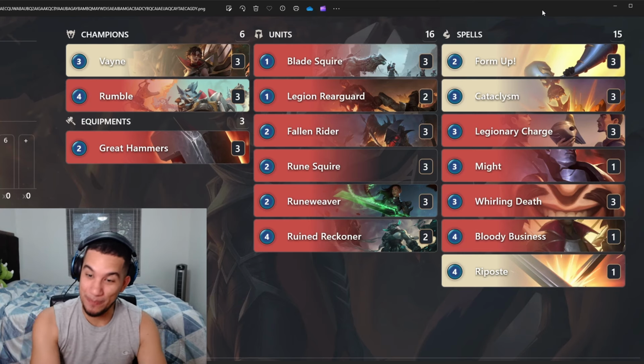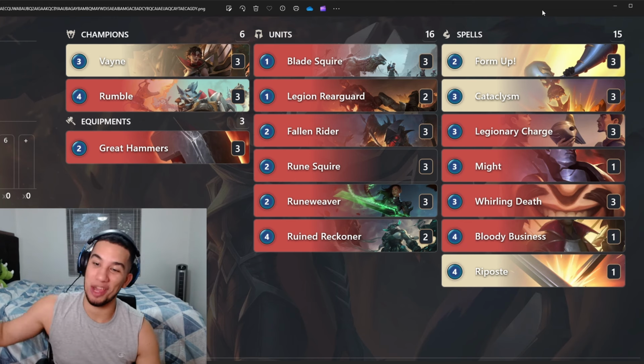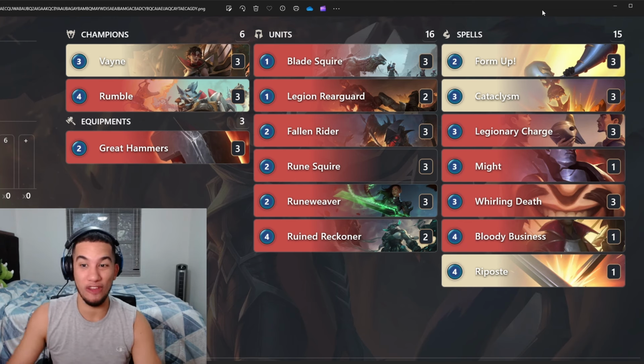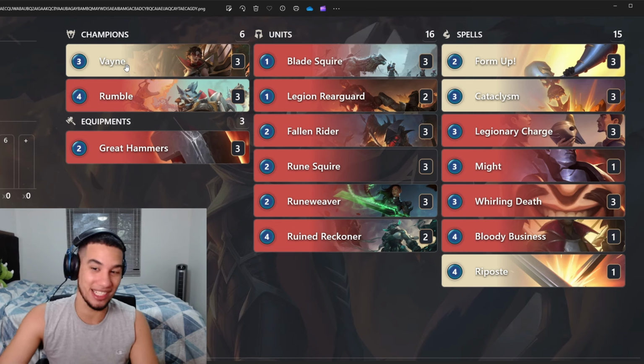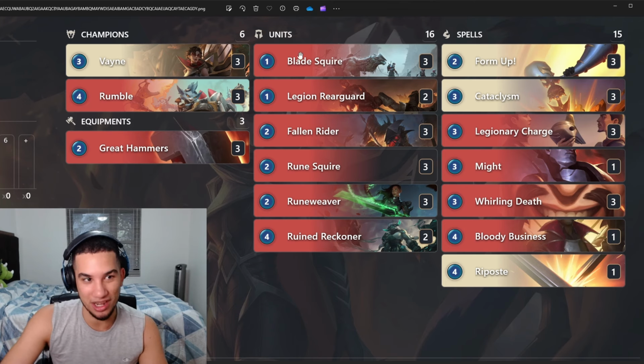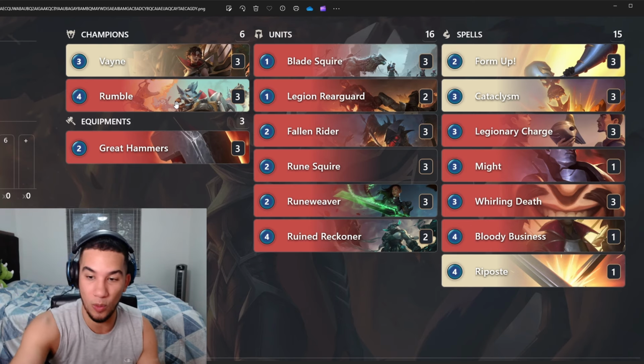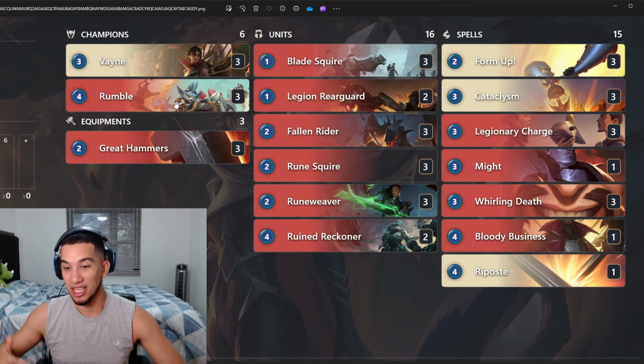And after going very control 2 days ago with the Senna Kindred deck, today we're gonna go a lot more aggressive with Vayne Rumble. And if you haven't seen this deck before, the whole idea is just play Rumble on turn 4 and then we use all the supporting cards from Noxus and Demacia to attack as many times with Rumble as possible. Be able to give him Overwhelm and just attack a bunch with him